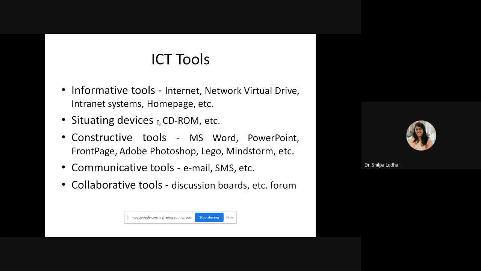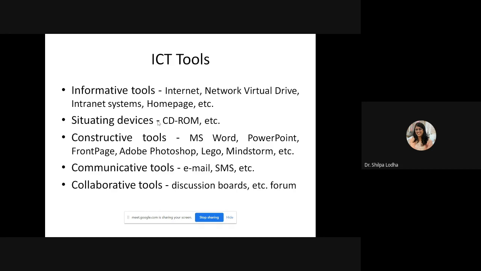And the last one are collaborative tools. Collaborative tools of ICT are currently the focus of much interest and are emerging as development of new tools that make online collaborative projects a realistic option for distributed group work. More and more companies are now coming up with innovative tools under this heading, that are collaborative tools.